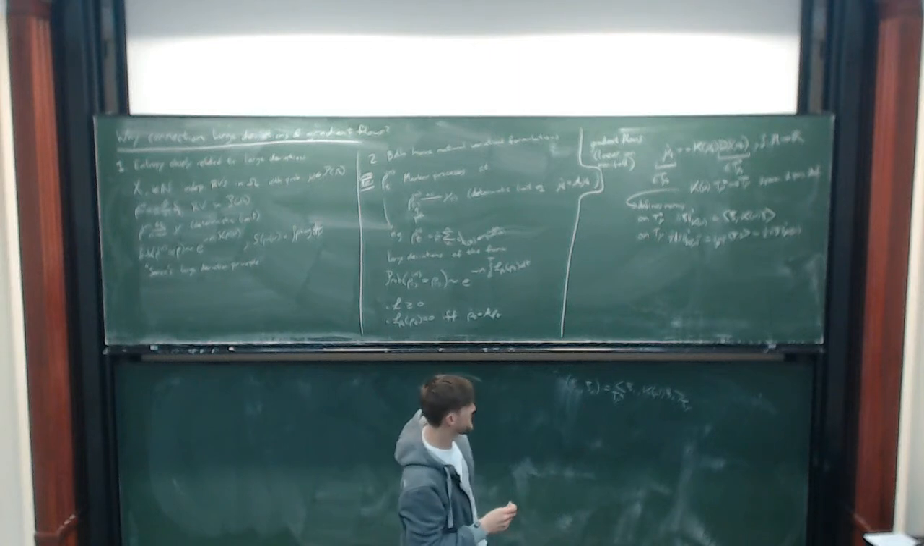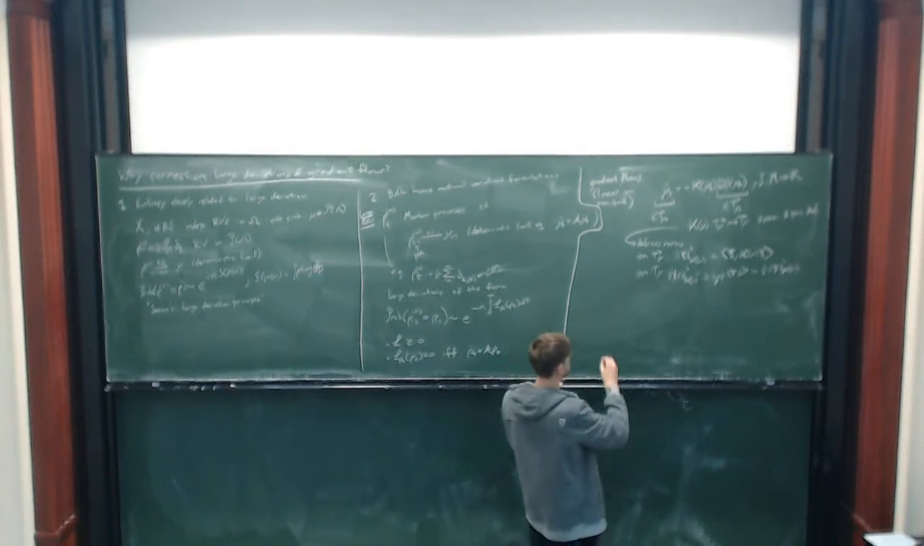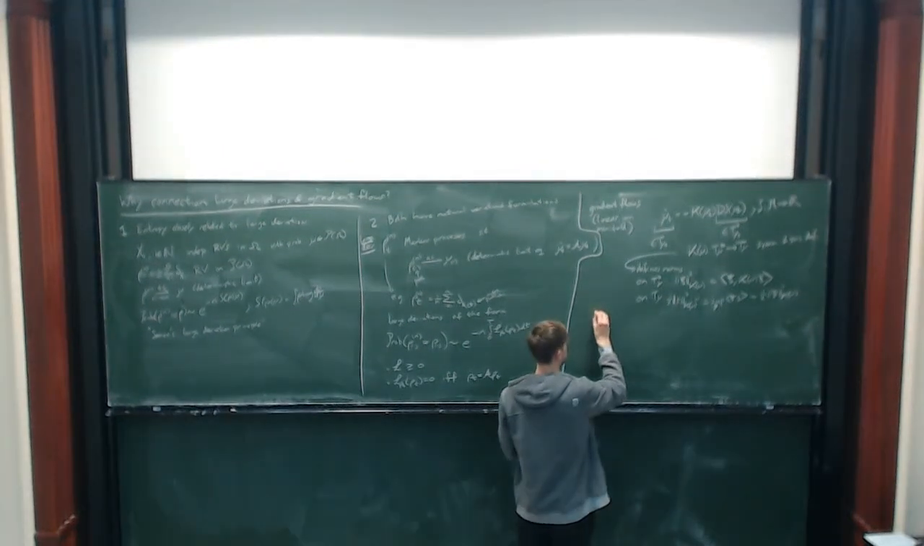So I have norms on the tangent space and a cotangent space. Now I can write down the variational formulation, which looks like this. A half